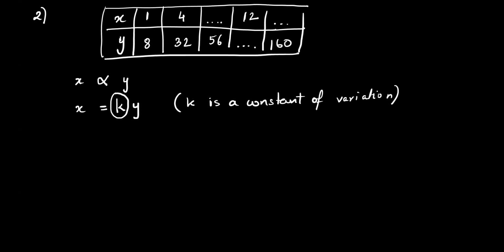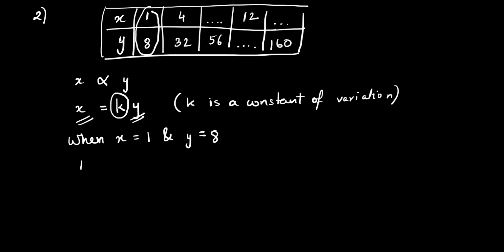Now continuing, what they're telling me here is, we have made this statement, but we do not know the value of K. So to get the value of K, we will substitute the first set of X and Y. This is the table we can pick it up from. Okay. So I can say when X is equal to, if you notice, X's value is 1 and Y is equal to, if you notice, Y's value is 8.